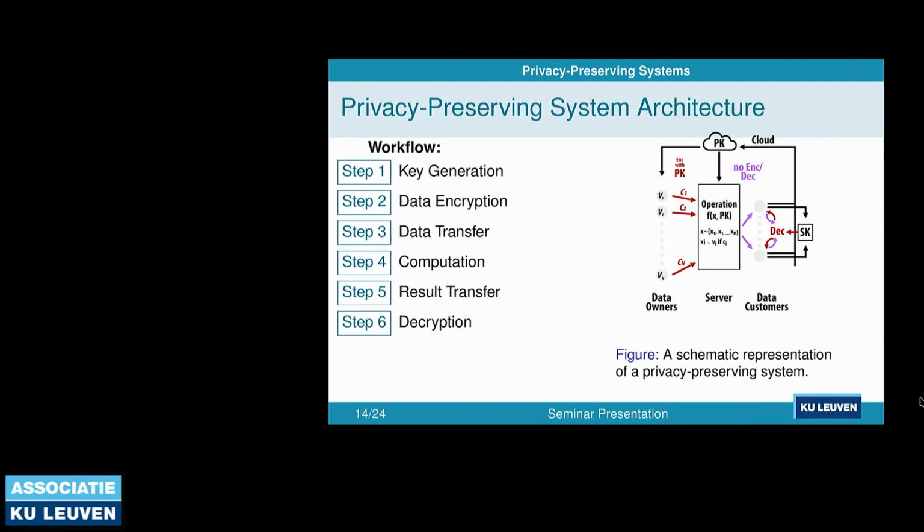So first of all, the data customers generate the keys and they retain the private key, but they distribute the public key towards a cloud or an entity that can distribute it amongst everyone. Then the data owners, if they choose to participate, can encrypt their own data and transfer it. Then the server will do the computations necessary for a specific function, and then they transfer the result, and only the data customer can actually decrypt the result, and they get a nice evaluation. Okay,